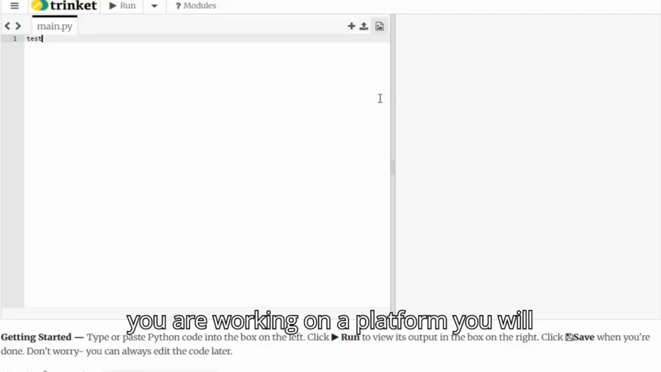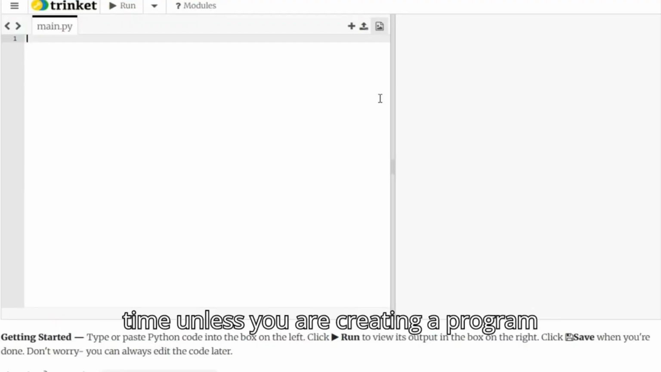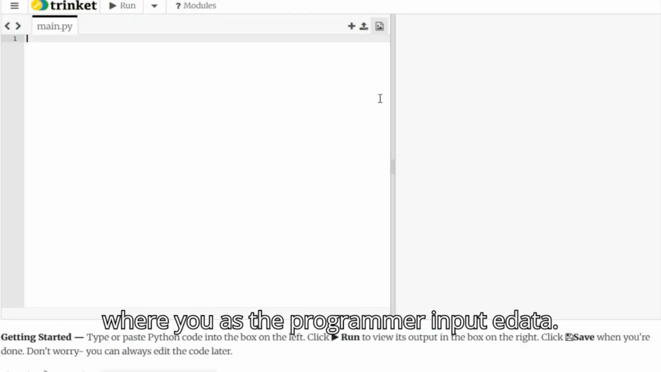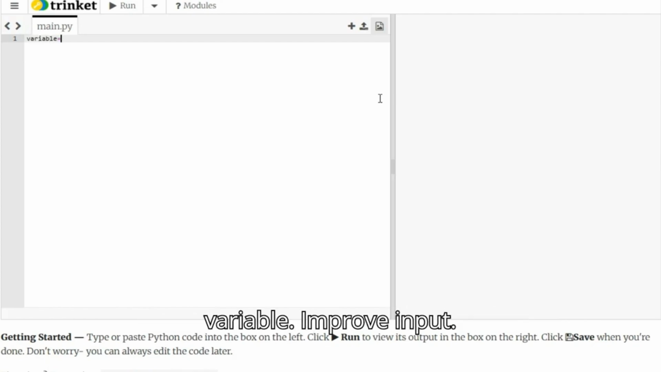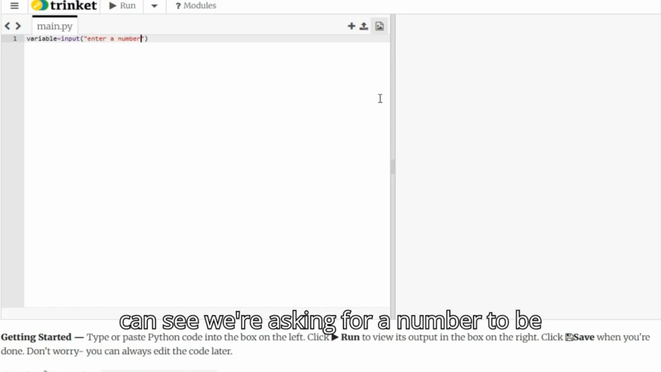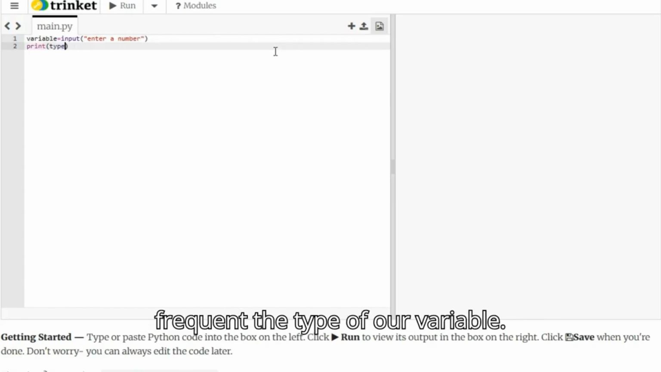When you are working in Python, you will end up having inputs from the user 99% of the time, unless you are creating a program where you, as the programmer, input the data. So usually our inputs will look like this. Variable equals input, and some message, so "enter a number". Now, as you can see, we're asking for a number to be entered, but as you will see, if we print the type of our variable,